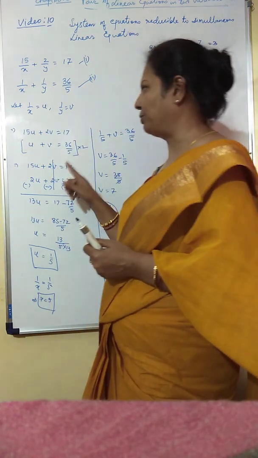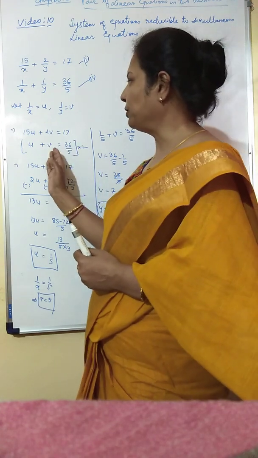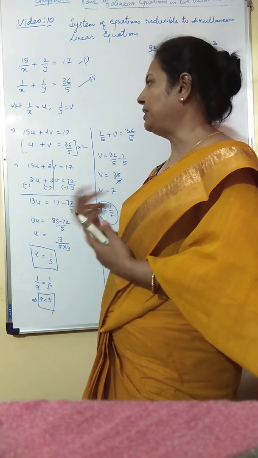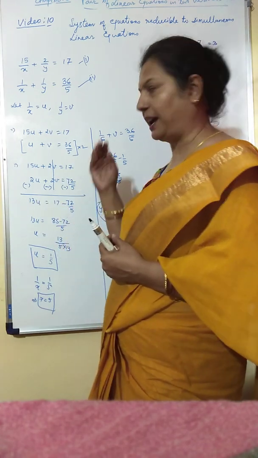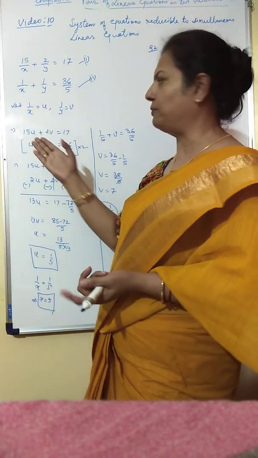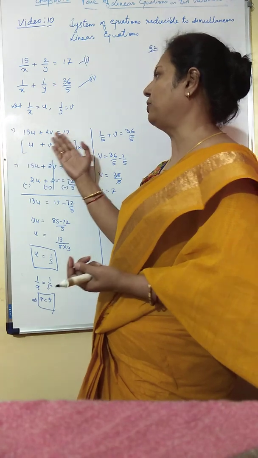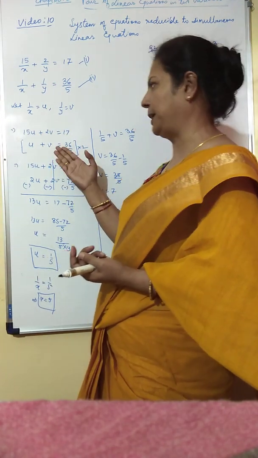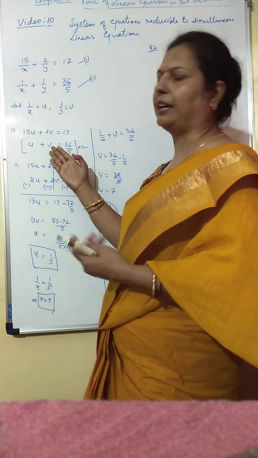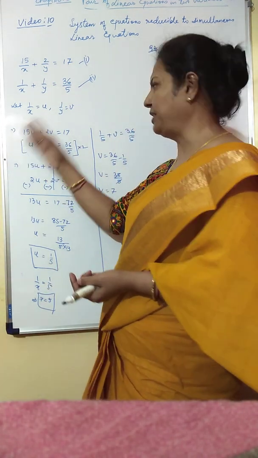Now if you can recall, I told you in the very first video when we were discussing the method of elimination, that if the coefficient of the variable is 1 in any one of the equations, then try to multiply that particular equation by the coefficient of the same variable of equation 2. Now here u and v both have coefficients 1. So either you can multiply this equation by 15 and eliminate u, or you can multiply it by 2 and eliminate v. If I multiply by 15, I will be eliminating u. If I multiply by 2, I can eliminate v. Multiplication by 2 was much simpler than multiplication by 15, so I chose that.